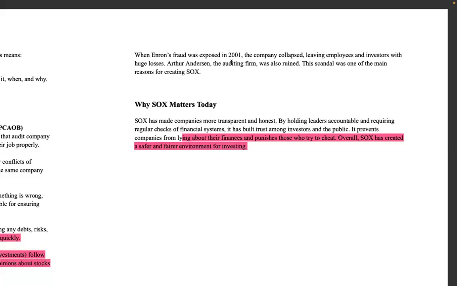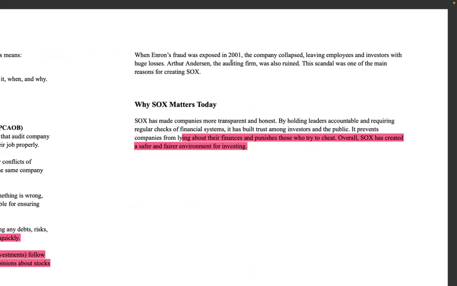Now, Arthur Andersen was not a joke. Arthur Andersen was operating in 84 countries. It had 85,000 employees. It was a very big deal. It was one of the biggest auditing firms in the world. But because of this scandal, it was dissolved because there was a conflict of interest. And the scandal was one of the main reasons for the Sarbanes-Oxley Act. We would not have had this act without the Enron scandal, without the WorldCom scandal. And I would encourage you all to learn more about these.